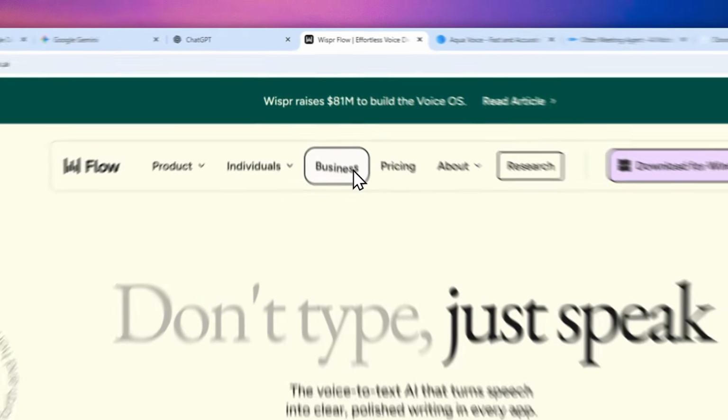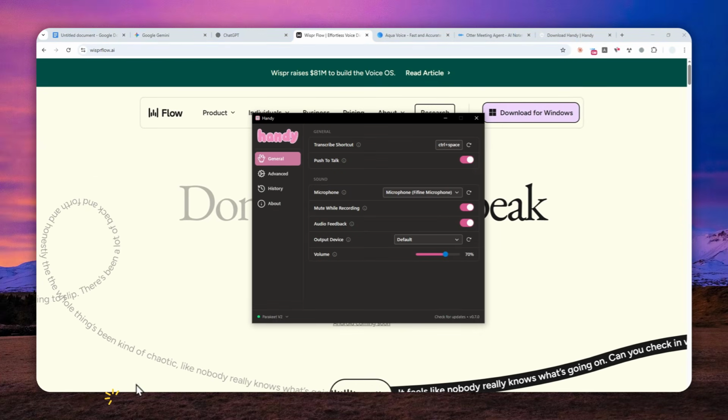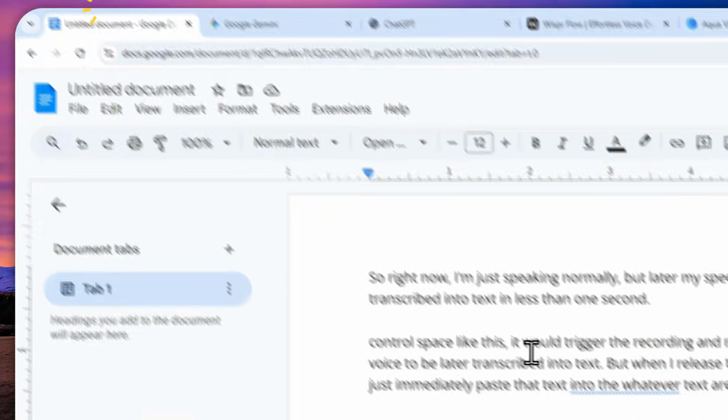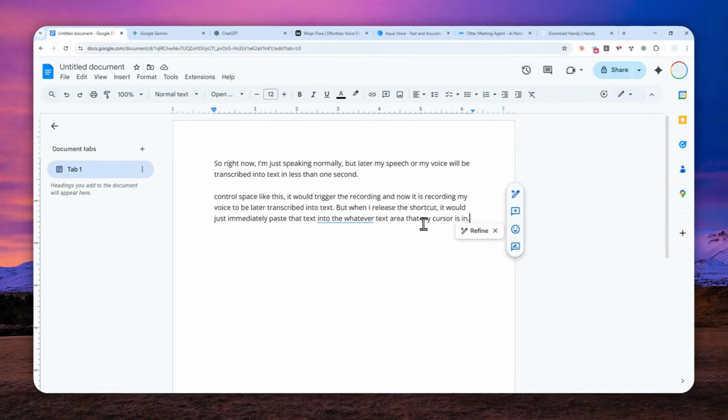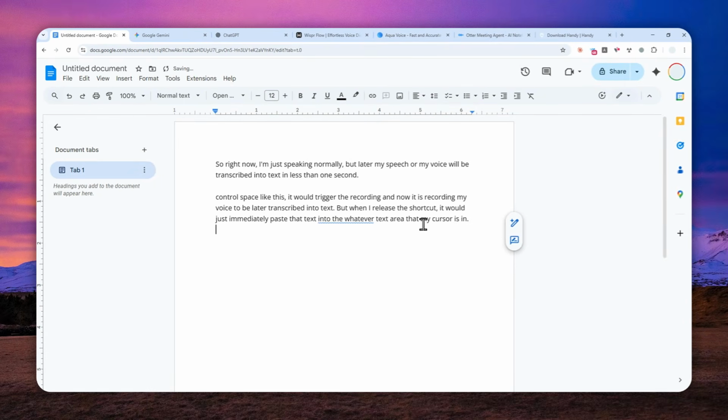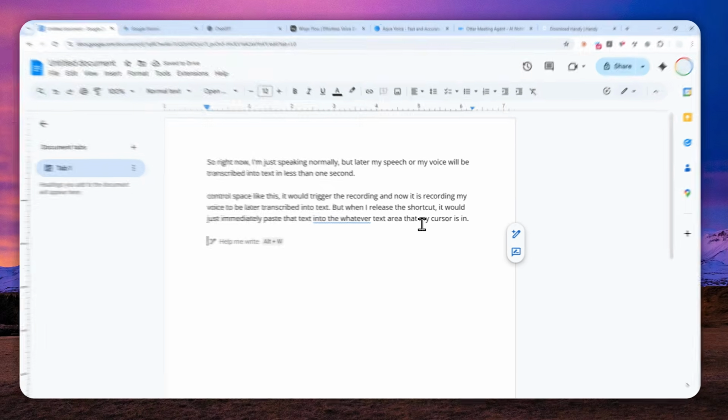But recently, there is a new update on handy.computer that lets you do that. So basically, your speech or your text can be processed by AI, by a large language model on your computer, to be a lot better. So it can fix errors in your speech quickly. Now, let me give you one example. Right now, I'm not enabling that feature yet. I just want to show you one example before and after using that post-processing.